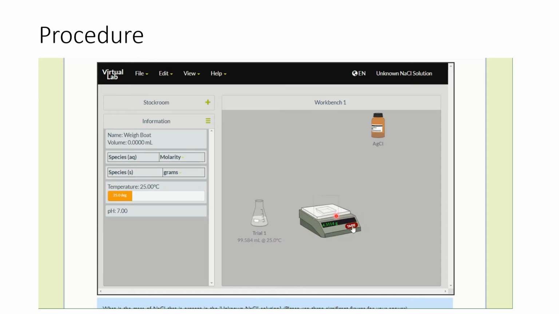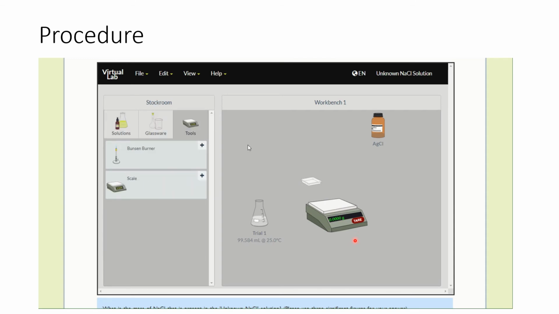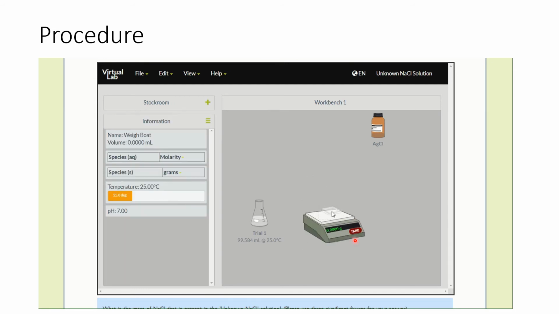Next, what I'm doing is I'm taking the weighing boat, putting it on the scale, and I'm attempting to tare the scale. Now, sometimes with this website, it's a little glitchy and it'll not tare, so you just end up having to bring another scale. And yeah, that kind of sucks, but I mean, the website's free and everything, so it's the best we can do. So I was trying to tare, and then I had to pause and restart it, re-bring another scale until it finally did it. So I tared it,